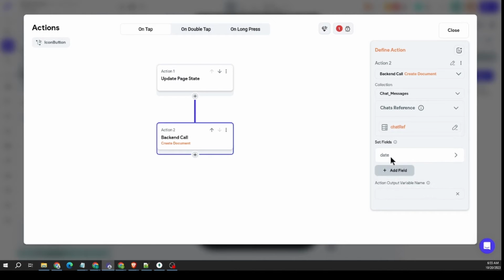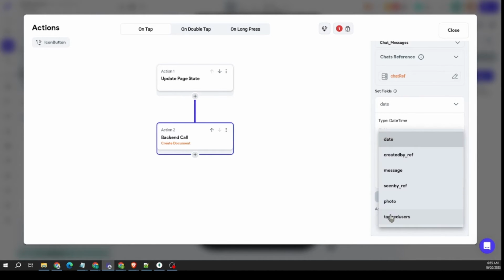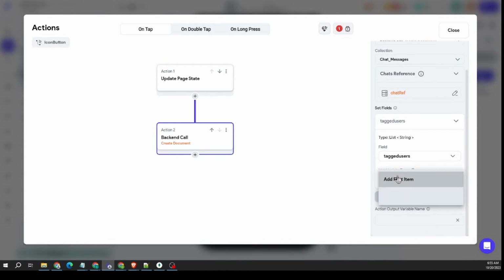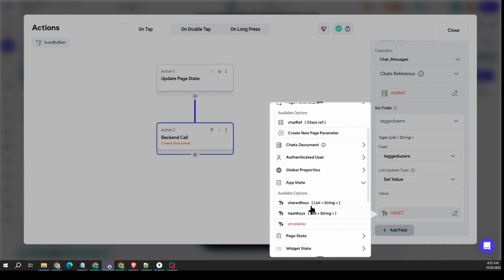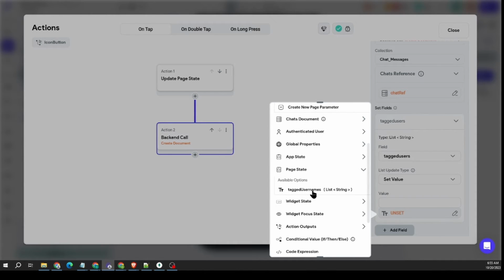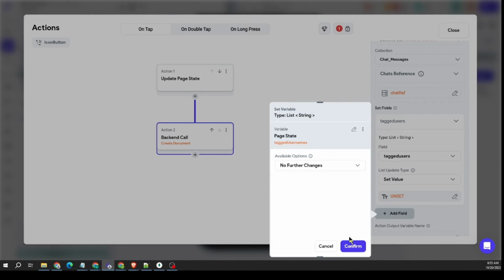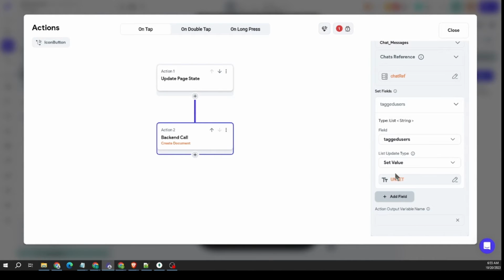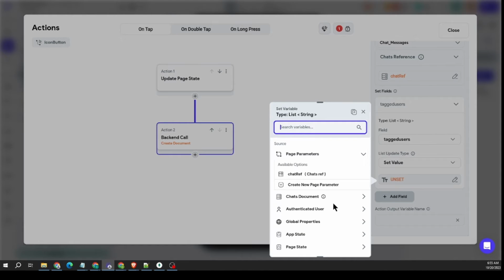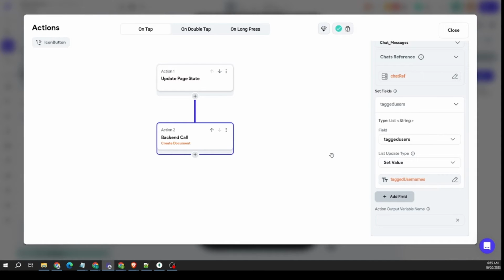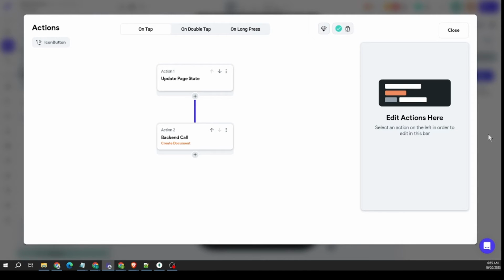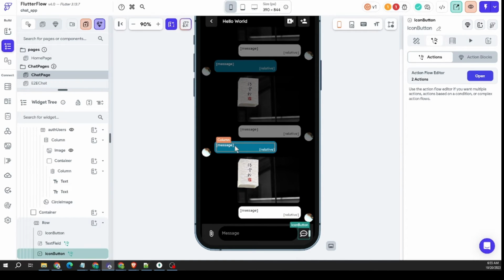Obviously all the fields you've got here, but we just go to this one, tagged users. And we set the value from that page state, not app state, page state. Okay. It's been doing that. It hasn't been taking it the first time. It's driving me nuts. Let's try that again. There we go. All right, and so that way, whenever you display your message, if you have any tagged users, you could run,